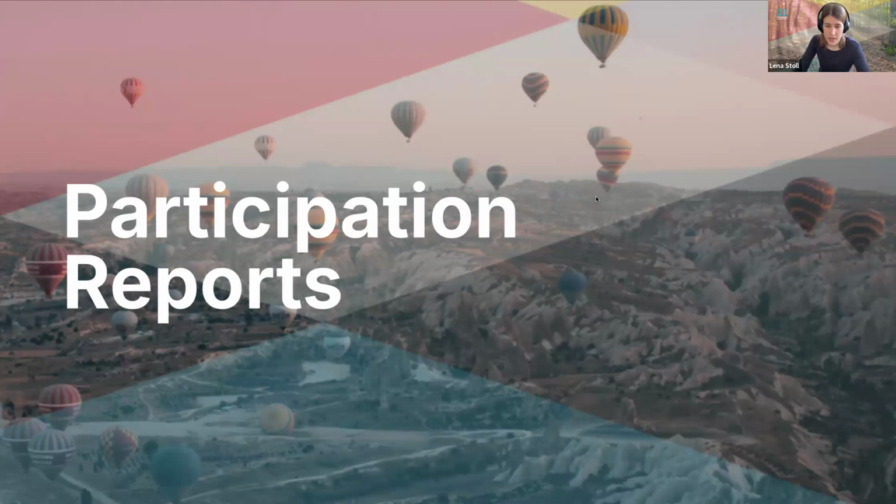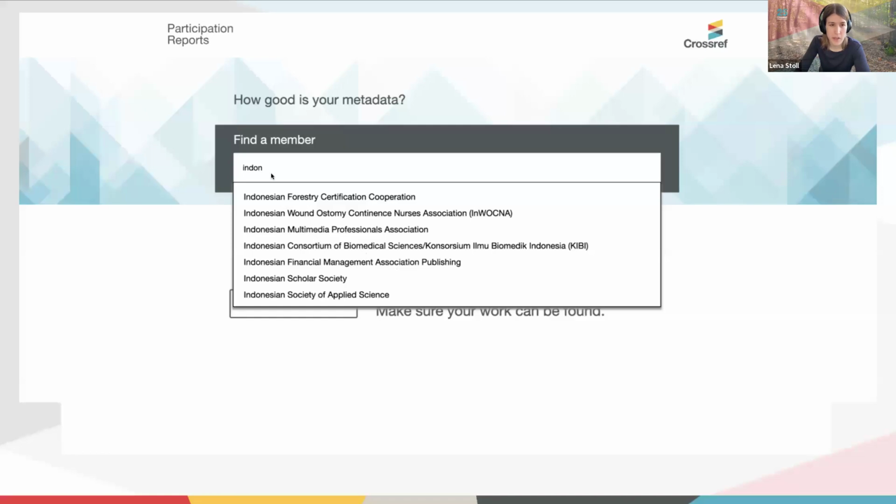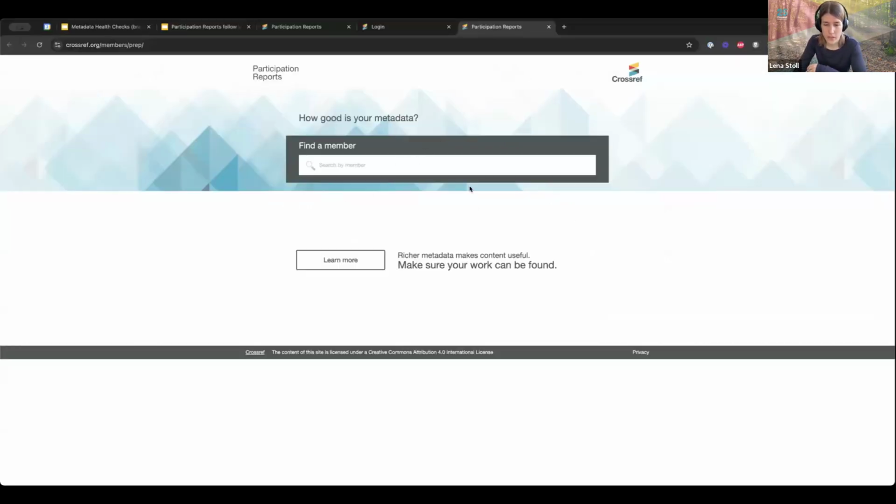Thank you. I would encourage you to go to this link and find your Crossref member organization by typing its name in the field in the center of the screen. It should look something like this. I'll stop sharing my screen now for a second, or I can just go straight to the link that Lewis shared, because I'd like to show you the actual tool rather than just a screenshot for a minute. And I will give you a few seconds to try and find your own participation report. I hope you can all still see my screen and see me on this tool now.